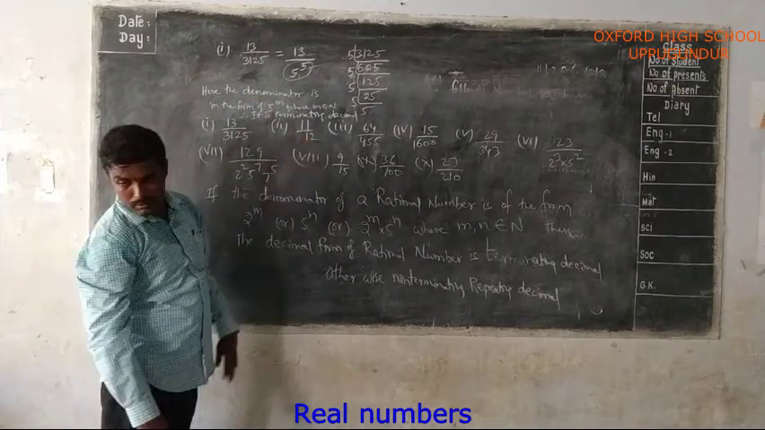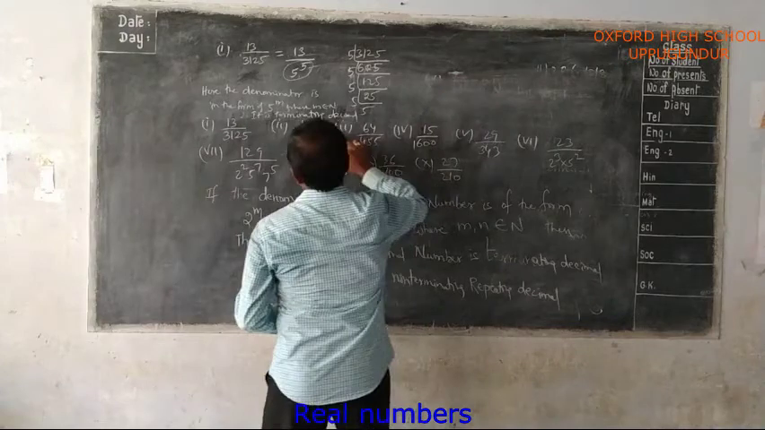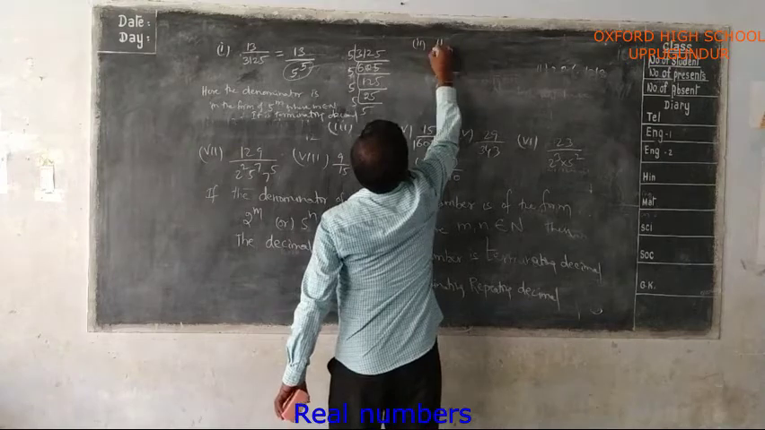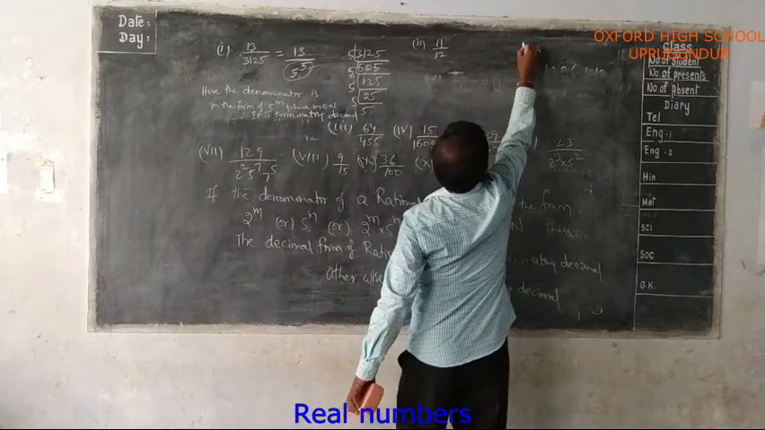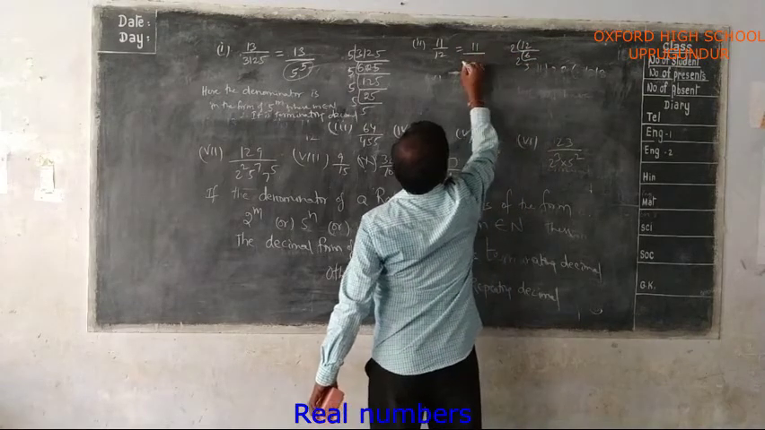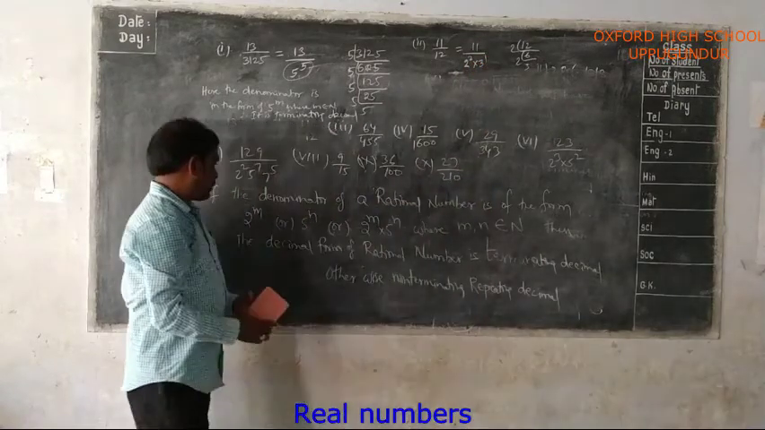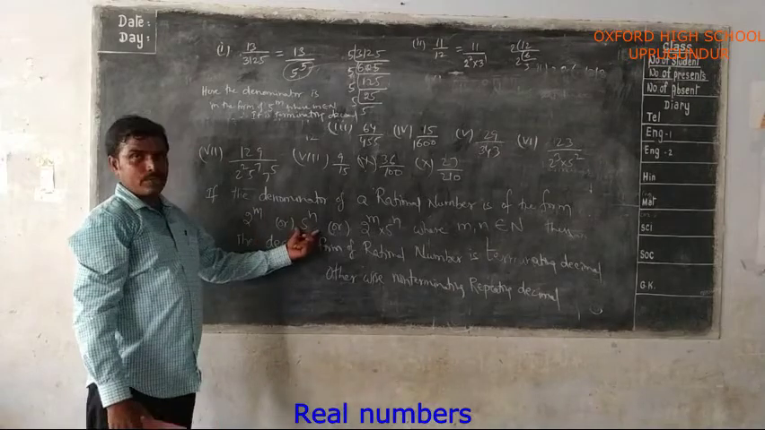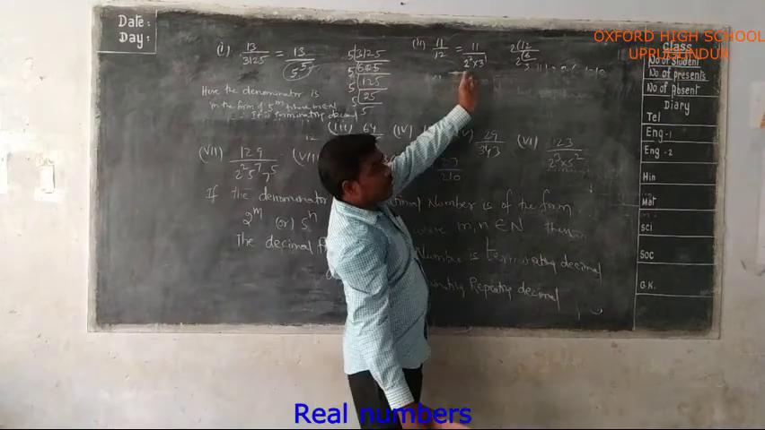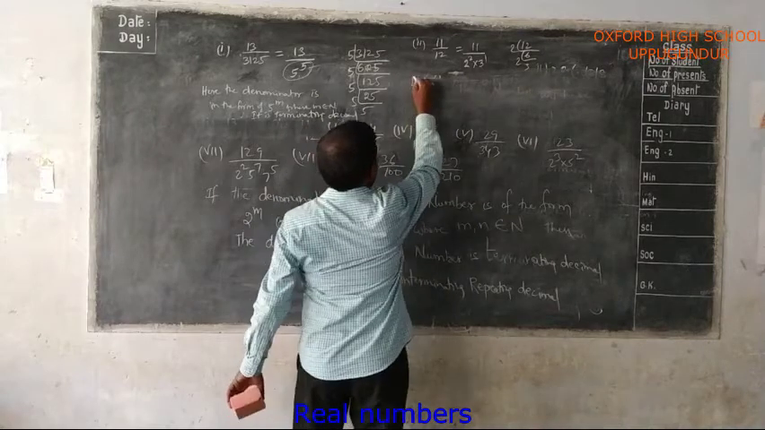Next, coming to the next one, 11 by 12. So prime factors of 12: 2 sixes are 12, 2 threes are 6. So this you can write as 11 by 2 square into 3 power 1. So check whether the denominator is only 2 powers or only 5 powers or 2 powers and 5 powers. But here the denominator is in the form of 2 powers and 3 powers. So that's why what you have to write here,